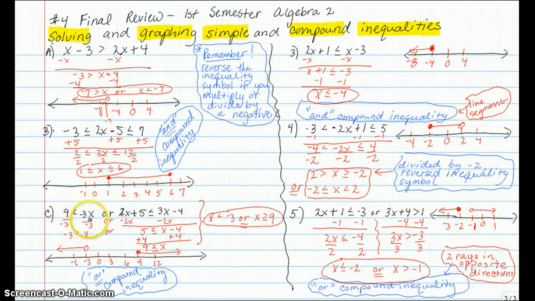Letter C was 9 is less than negative 3x. You divide both sides by negative 3. You reverse your inequality symbols, so it's negative 3 is greater than x. Over here you subtract 2x from both sides. You end up with 5 is less